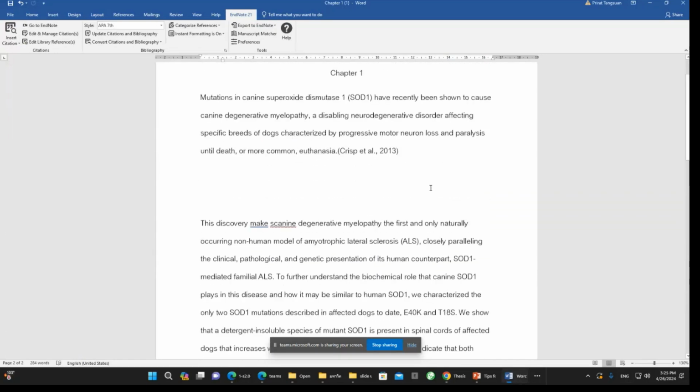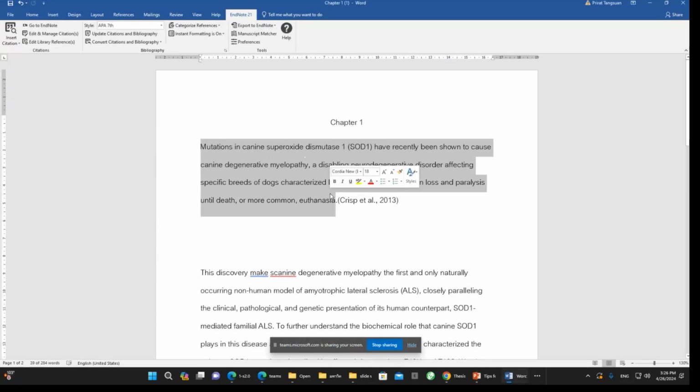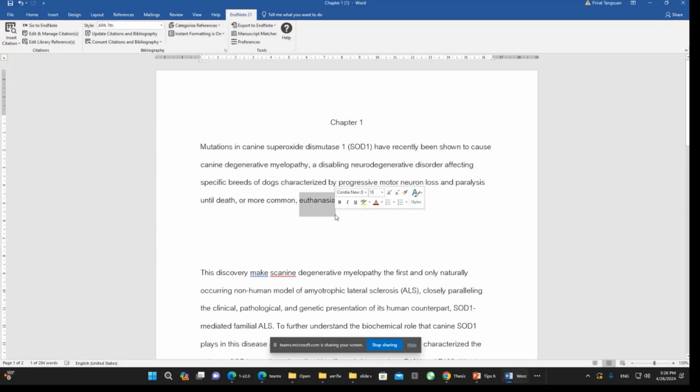So let me repeat again. From the first way, some students prefer "cite by your life". Cite by your life means I just finish one sentence and give citation. Finish one sentence, give citation. So let me make it clear. Suppose I say, hey, this sentence is my word, but for the idea I have to give the credit to the owner of this idea. So it means I'm going to give the citation to this sentence. You put the mouse at the end of the sentence,